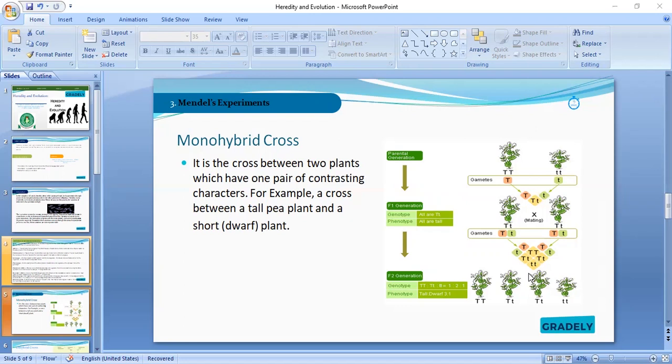Now, that is for the genotype. When we're talking about the phenotype, phenotype is the physical expression, as I said earlier, what I can see. So in my phenotype, I will no longer keep capital T, capital T small t, and small t different. Look at what I will do. I will either take tall or short. I told you in biology, what we only recognize is tallness or shortness. We don't want to know if it's heterozygous or homozygous. What we want to know is, is it tall or is it short?